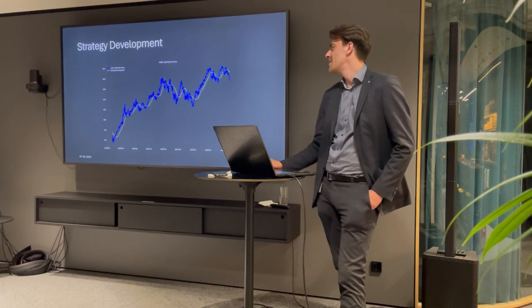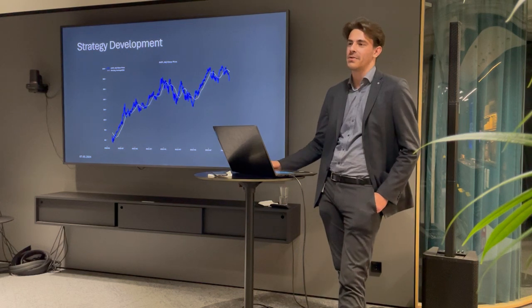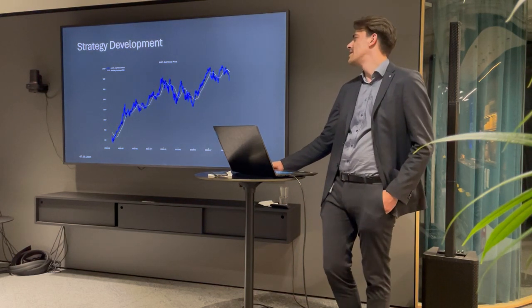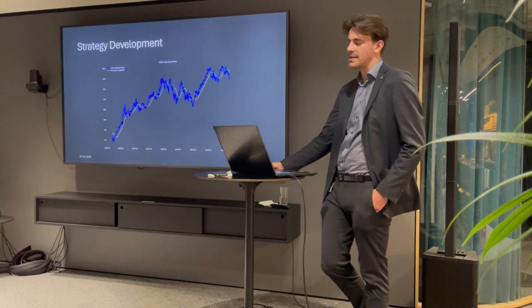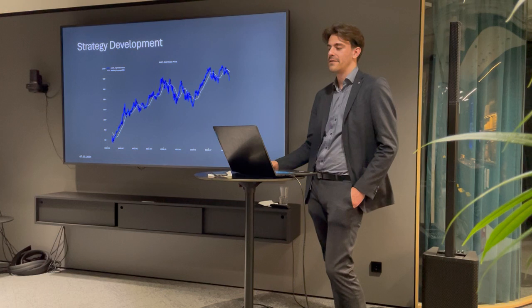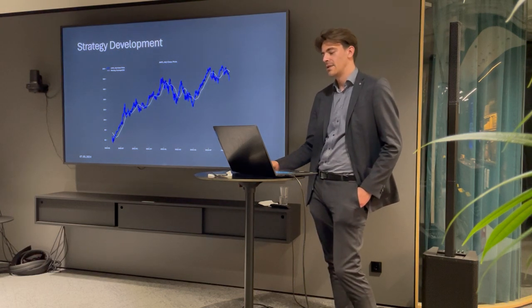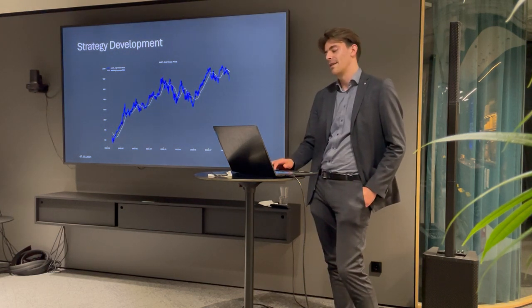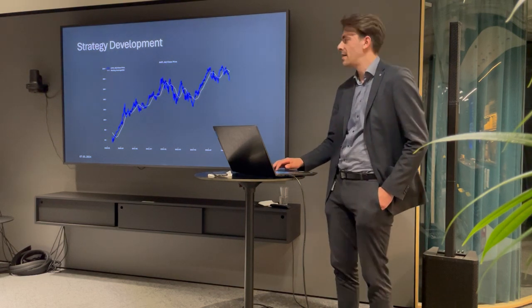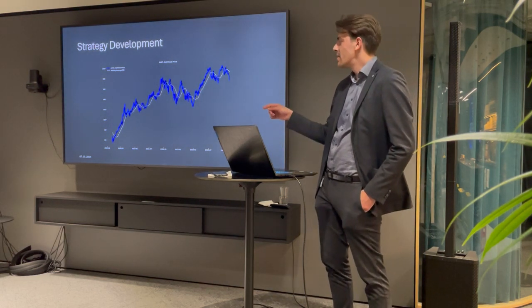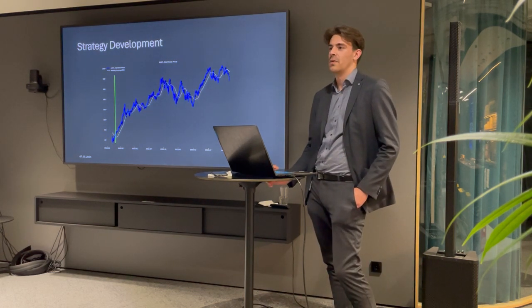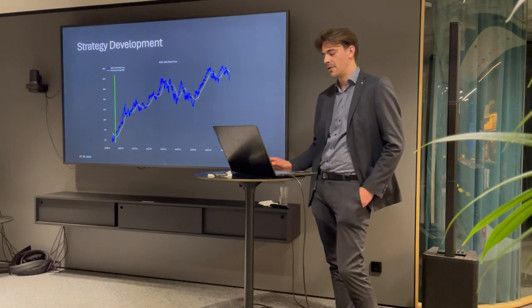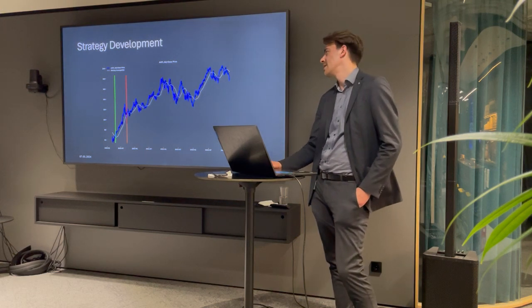This is the graph. What we see here in blue is the share price of the Apple share, and this white dashed line is the moving average over the last 50 days. And what we can do with that is develop a very easy strategy. For example, when the Apple share price reaches or gets higher than the moving average of the last 50 days, we decide, okay, we will buy here. And if it's the other way around, if the share price drops below the moving average, we will sell it.